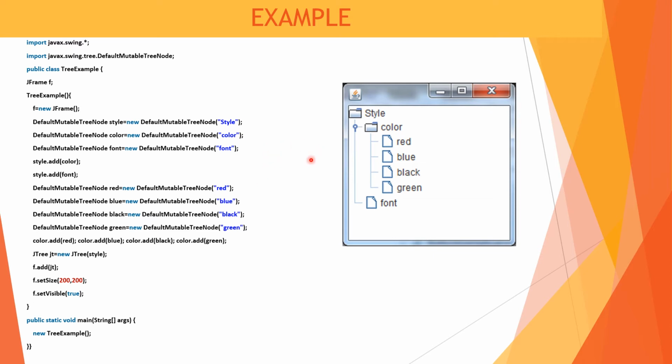Here at the right hand side, the example shows the output which has the style as the root of this tree, and the color as well as the font, those are two different nodes. Now this will have the different style that adds color. We can add the different colors and add the fonts.